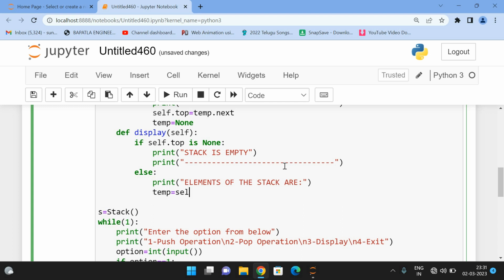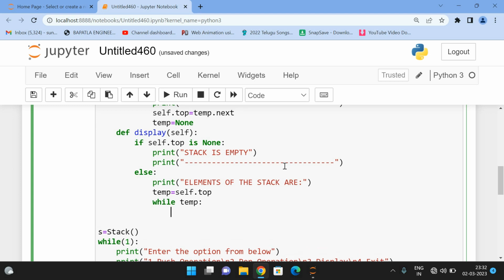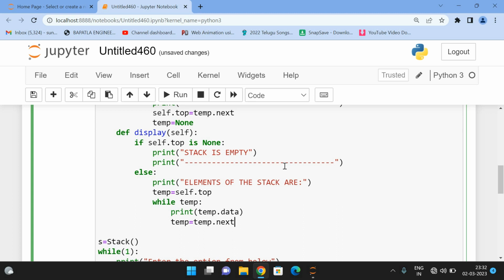So temp is equal to self.top, and while temp, so until temp becomes None, that means false, so simply print temp.data. Okay, and temp is equal to temp.next. Temp.data, temp is equal to temp.next,